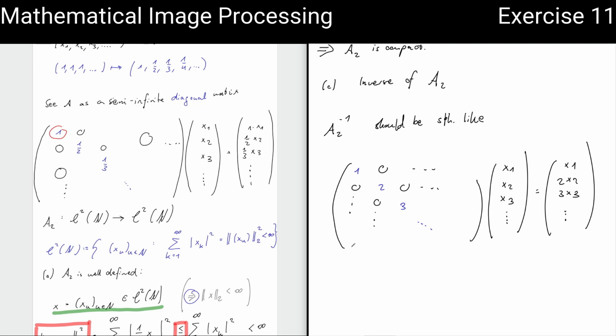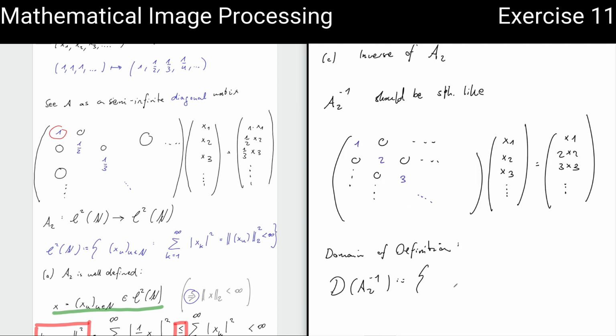So first of all, the inverse cannot be defined on the whole space L2 of N. You can think of this multiplication as something very severe. If the multiplication does not decay, then our operator will not map an L2 sequence to another L2 sequence. Therefore, we have a little technical detail, which is a domain of definition. So we can only apply A2 to the minus 1 to elements of its domain D(A2^-1),